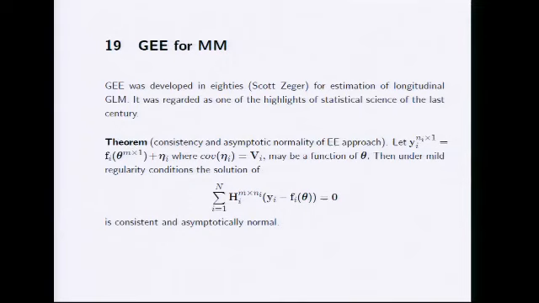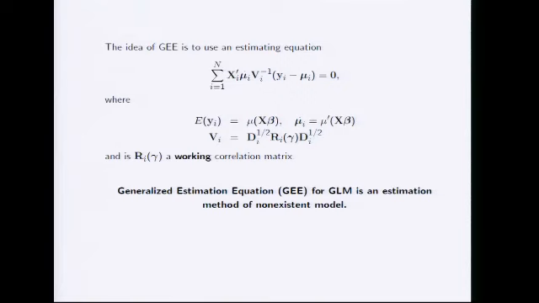Now let me briefly talk about GEE for mixed models. This is a simple theorem about how to estimate the model using the fact about score estimation, or what we call the estimating equation approach. But the problem is that when you apply this estimating equation approach to GLMM, you end up